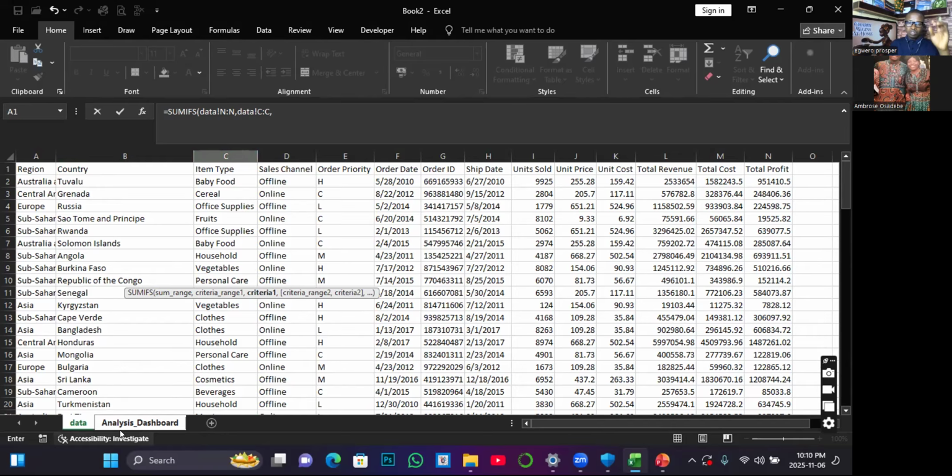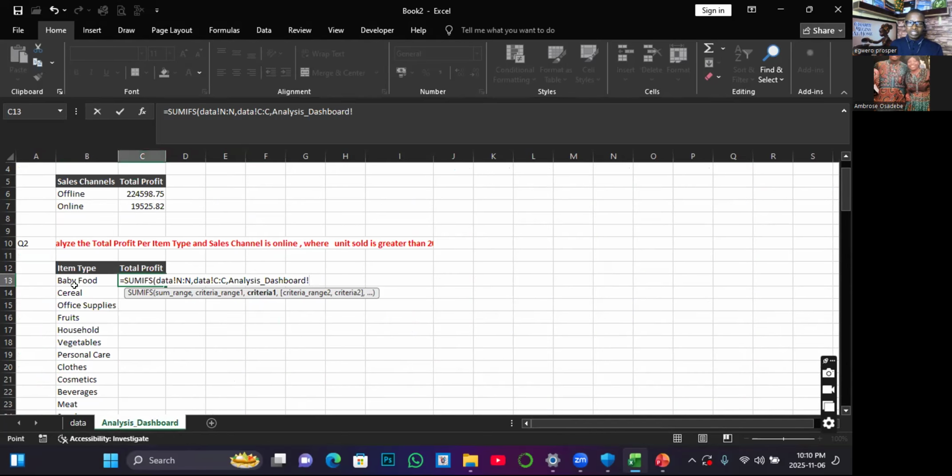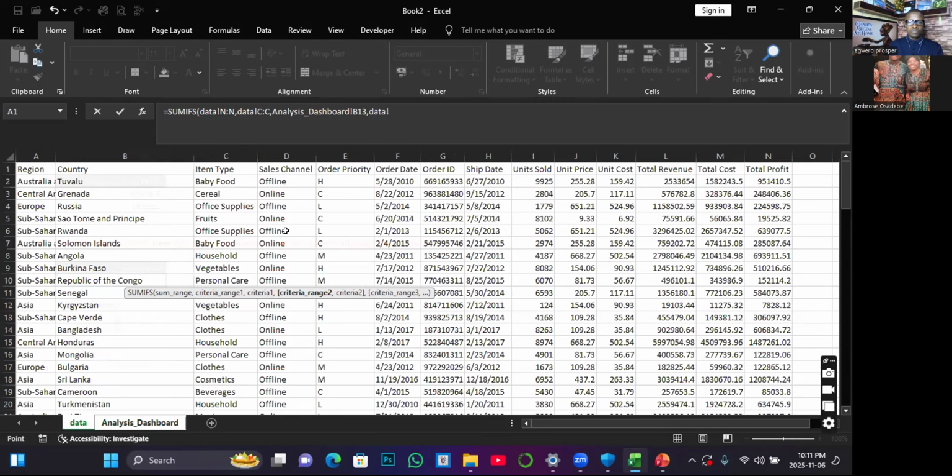is the selection of the first criteria, which we have listed here. Of course, that is the reason why we capture that range, to show that the criteria will be picked from that range. So I'll click here and then add a comma. Then criteria range 2 is the range of cells where the criteria 2 value is. And if you read the question, the criteria 2 for the summary is sales channel equals to what? Online. So I'll go back to the data set and then capture where I have that online as a range,